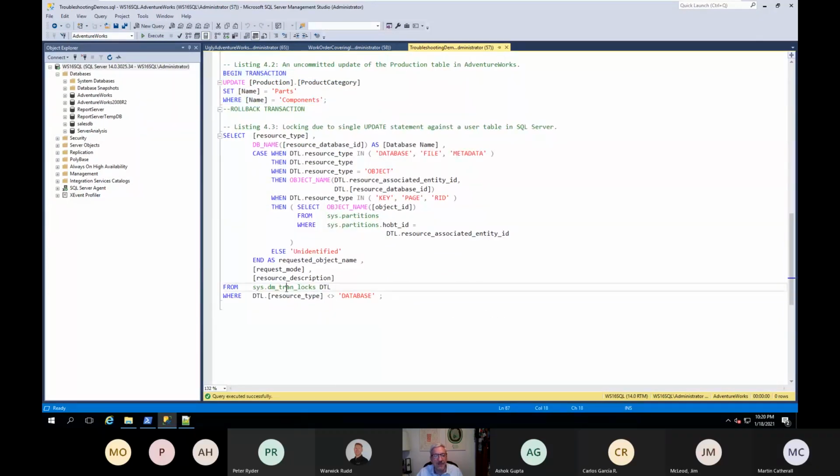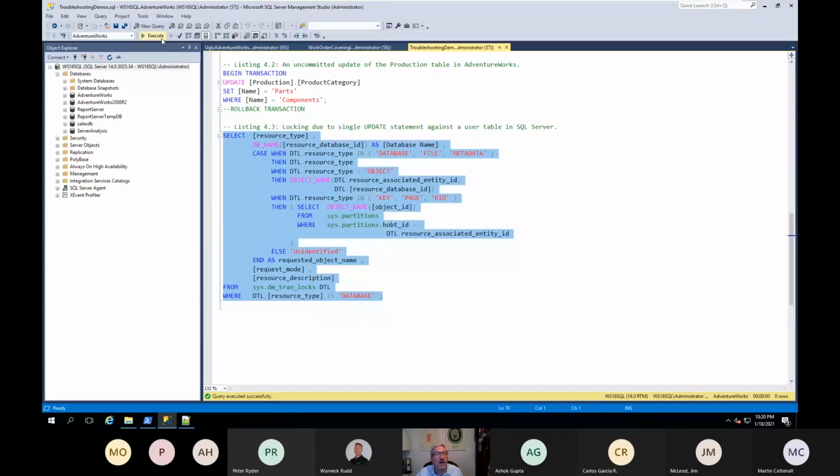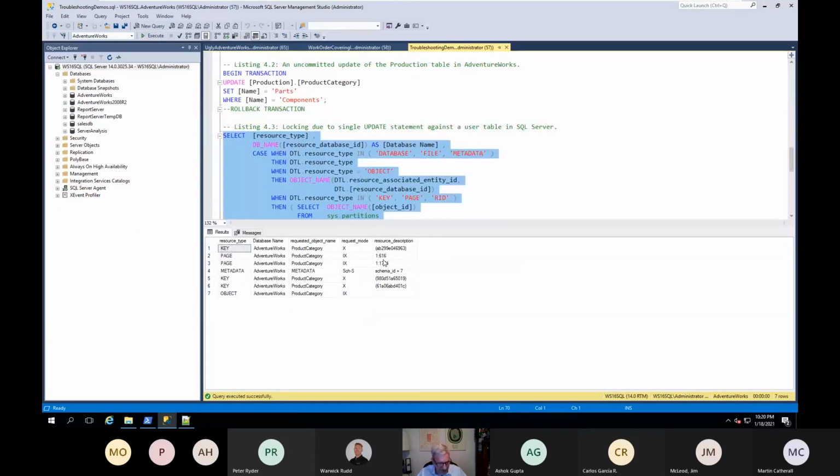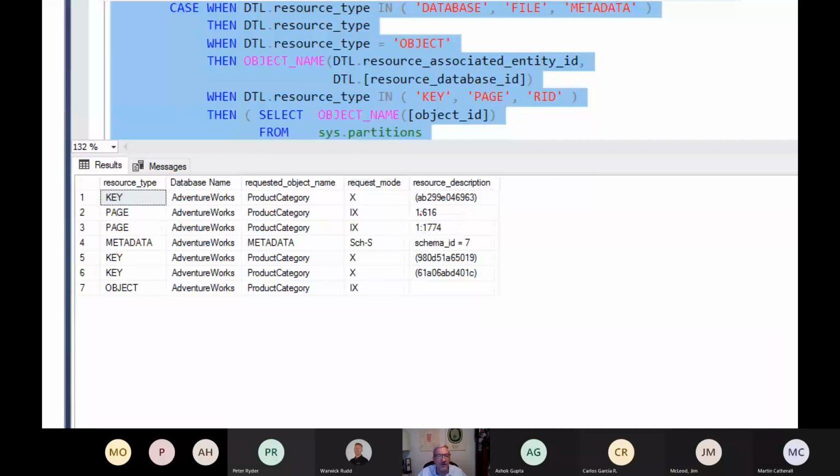I can select from dm_tran_locks and see what locks are actually in place. So I've got an exclusive lock on the product category. I've got all these locks in the product category, and then a shared schema lock on metadata. So these are the actual locks that were necessary for this update to take place.